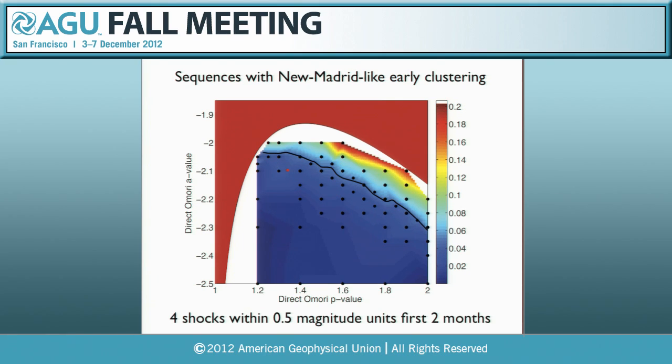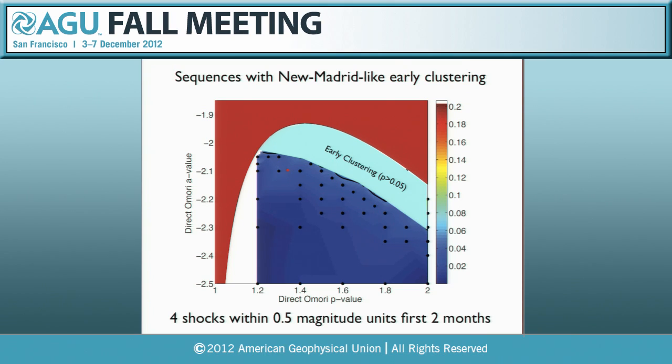So above this black line, 5% or greater of the catalogs had 4 shocks within 0.5 magnitude units within the first 2 months. And this line is a little bit noisy because I'm only sampling at these black points. It takes a lot of computational time to run all of these 200-year ETAS simulations. But we can see the approximate region of the phase space that matches the early clustering